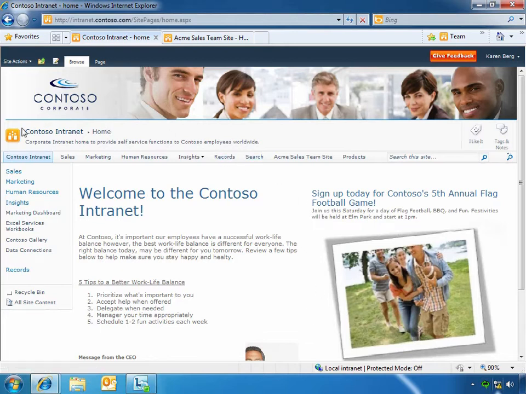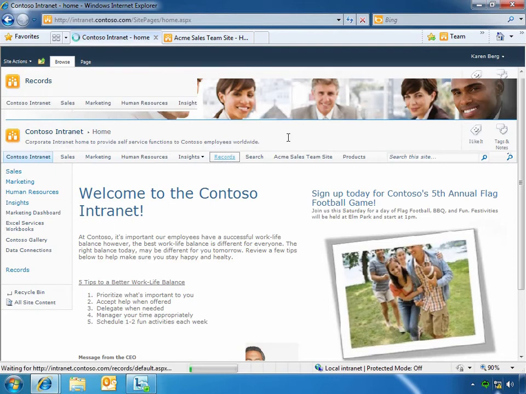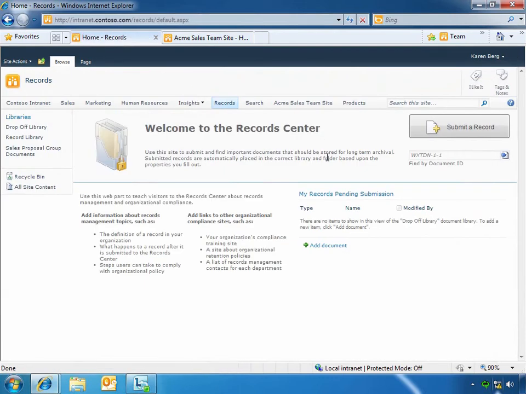It's called the Contoso intranet site. I can see the name at the very top of my screen on that tab. I can also see it listed right here. Underneath that main site or that portal site, I have other subsites, and I see those listed across the top here in what's called a top link bar. If I click on any one of these, this takes me to a site within that Contoso portal,